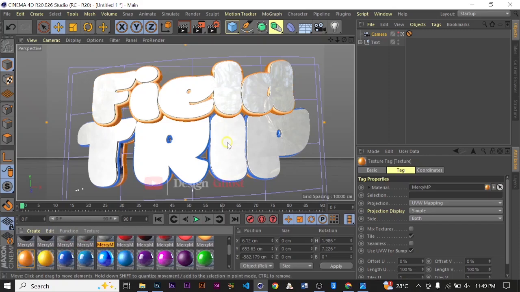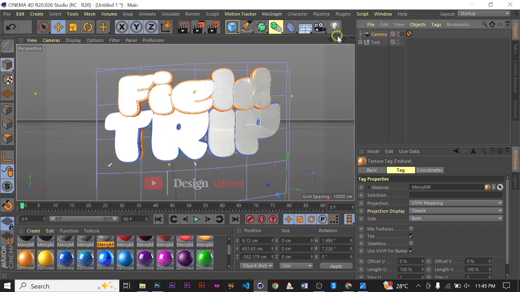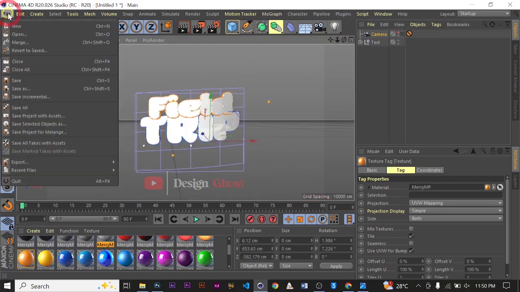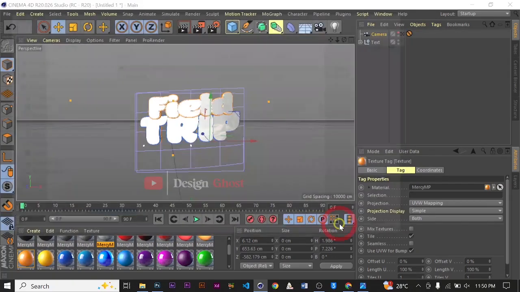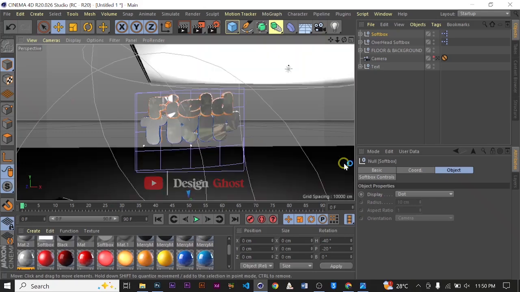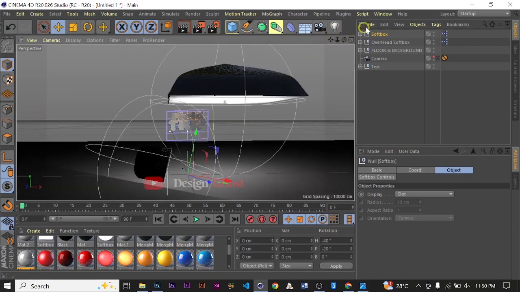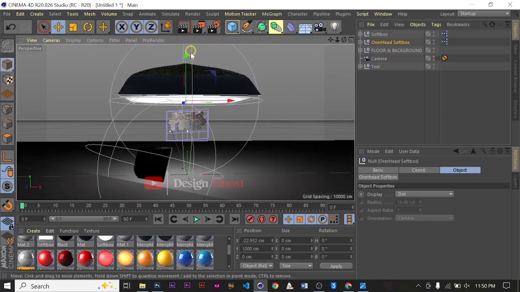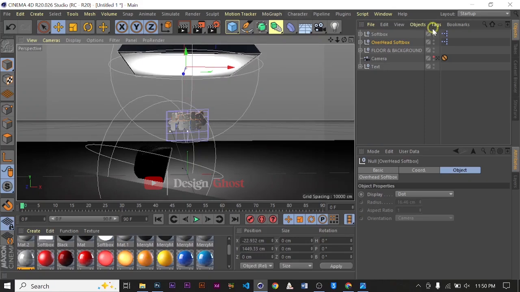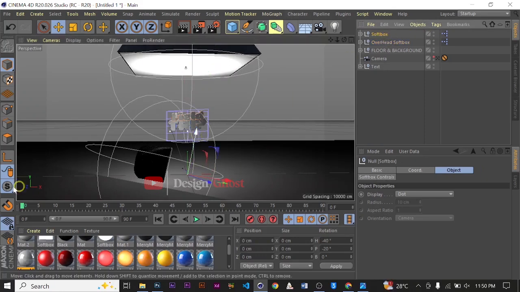Now we are going to add lighting to it, but before we can add the lighting, we need to deactivate our camera so that we can have full control over the working space. So let me zoom out, and again we are going to merge, and Cinema 4D Studio Lights, we are going to bring it in. Great. Now let's position the overhead softbox, take it a bit up. The softbox itself,